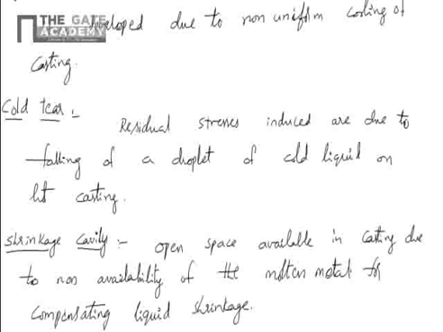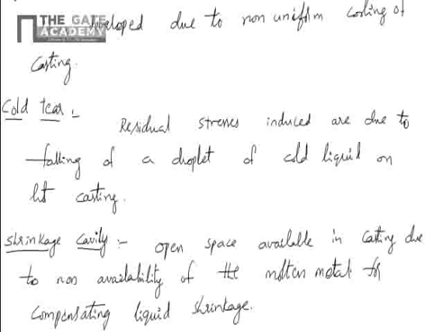For example, if you look at the old questions, they have asked about defects in question number 12, GATE 2004. One more question: Misrun is a casting defect which occurs due to